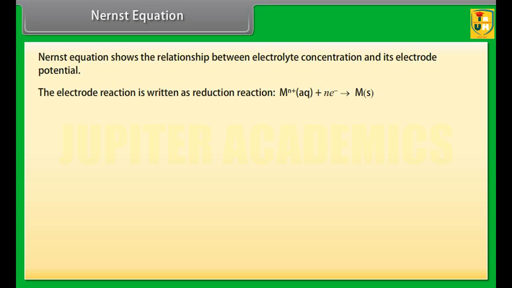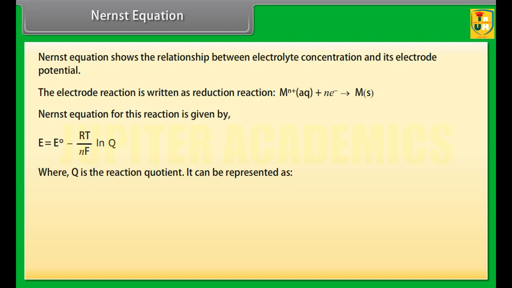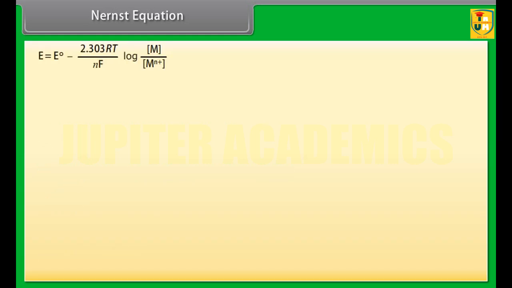The electrode reaction is written as reduction reaction. Nernst equation for this reaction is given by E is equal to E naught minus RT upon nF multiplied by natural log of Q, where Q is the reaction quotient. It can be represented by M upon M ion. Put the value of Q in the above equation. We get E is equal to E naught minus 2.303 RT upon nF log M upon M ion, where E